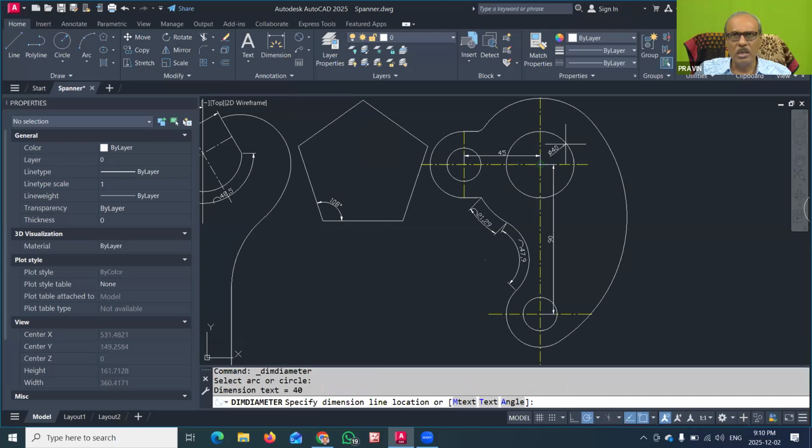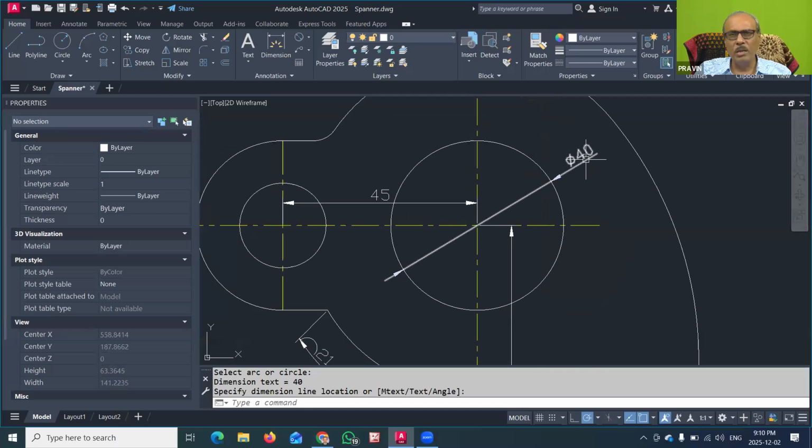And I will just click here, and now you can see that the dimension was shown, that is perfect, 40. The phi symbol was automatically added, and 40 is the diameter of that circle. That is a diameter dimension. The same can be shown for these circles also.